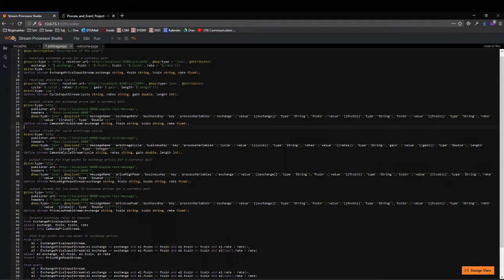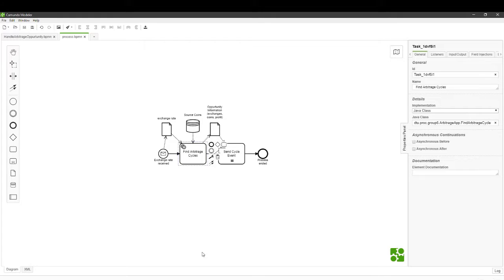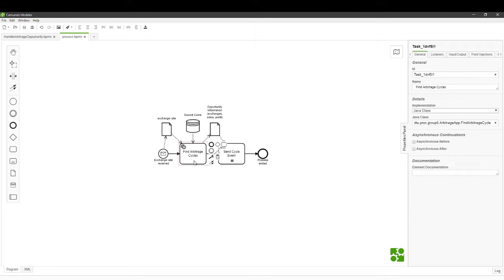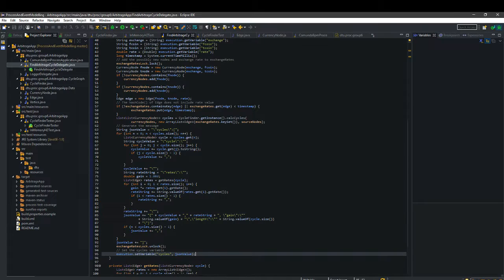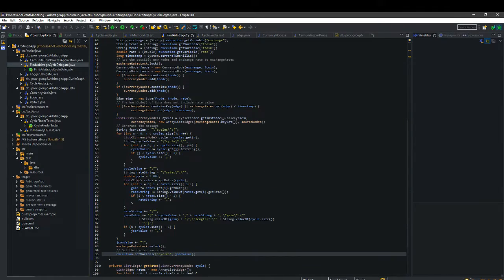We send this exchange rate to the arbitrage cycle EP, and that looks like this. So here we receive an exchange rate. We pass it along to a task called find arbitrage cycles, which uses a Java delegate that looks like this. And here we contain some static maps and lists of the continuous exchange rates and currencies that we receive. And we use an algorithm that I won't get into detail with. And that outputs some cycles,